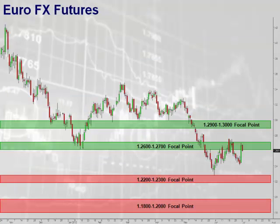Next, when we take a look at the Euro FX futures, you can see here that the Euro did that substantial reversal on the upside based upon that Euro summit, and that's where that reversal in the US dollar really came in. So far this morning, we've seen the Euro retracing off some of that rally. So long as the 125 level holds on the Euro, there is still room for the Euro to attempt pushes back to the previous highs, if not even attempt a push as high as the 129 and 130 level